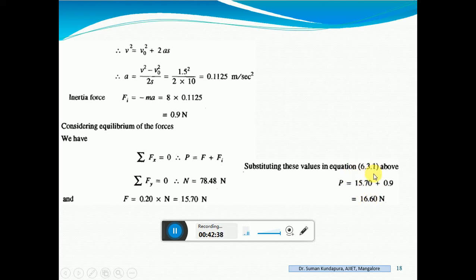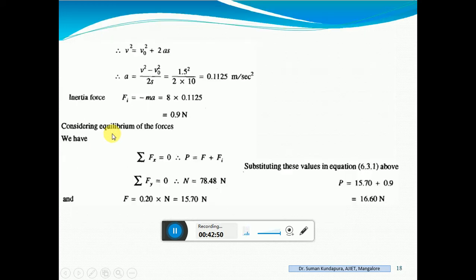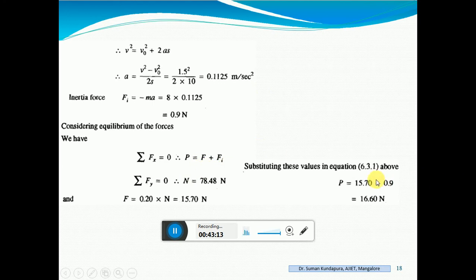But from where did you get this? I am having 15.7 N because it is mu N, correct? I do not know this N, that is not newtons over there, that is mu N. So here I have the unknown N. In order to find out that normal reaction, I will have to go for summation Fy is equal to 0. What is summation Fy is equal to 0? There is only one normal force here in the y direction, N minus 78.48. Therefore, N is equal to plus 78.48. Substitute the 78.48 in this N, 15.7 N. So, plus 0.9, you will get it as